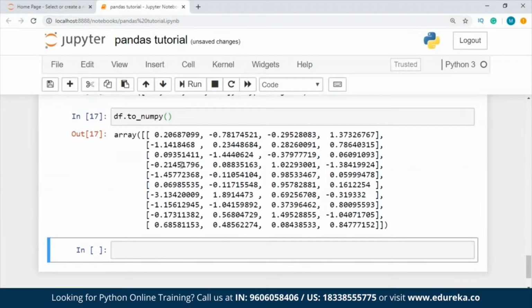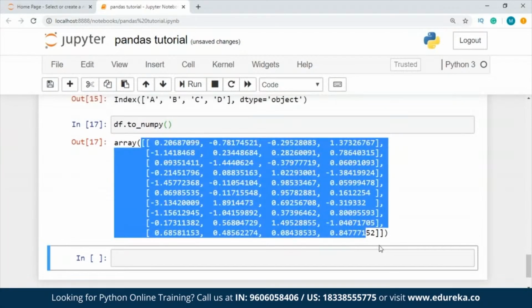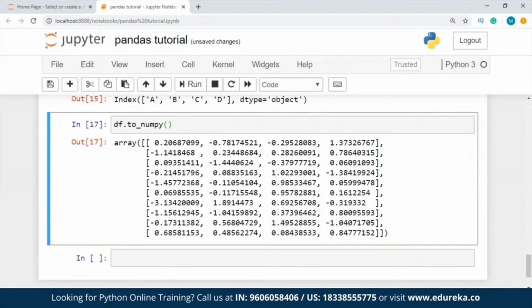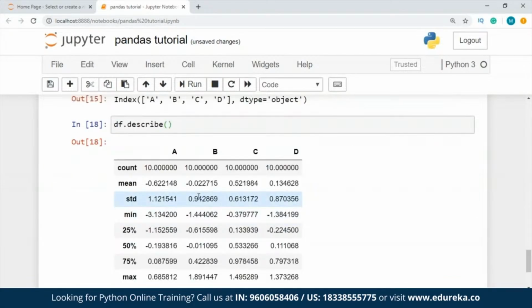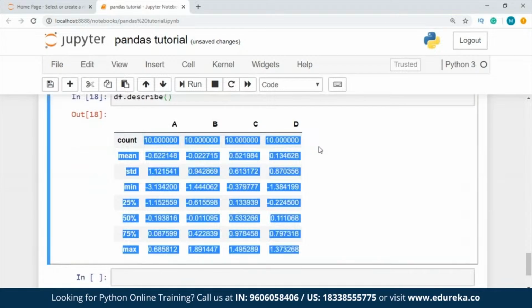Yes. So I'm going to create a NumPy array using this. I actually created a NumPy array. And for df, our data frame of all floating point values, DataFrame.to_numpy is actually fast and does not require copying the data. So it is a very good deal. And then, okay, I'll just remove this. I don't want this. And then we have DataFrame.describe, which is going to give you somewhat like this,